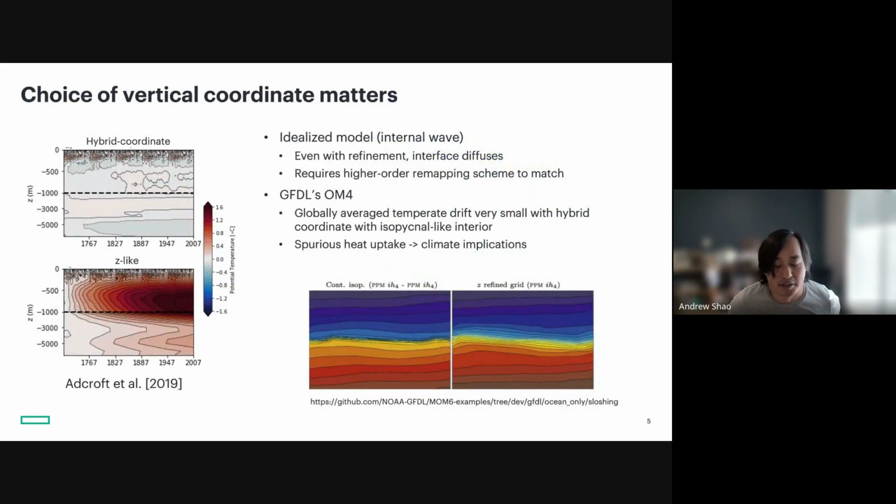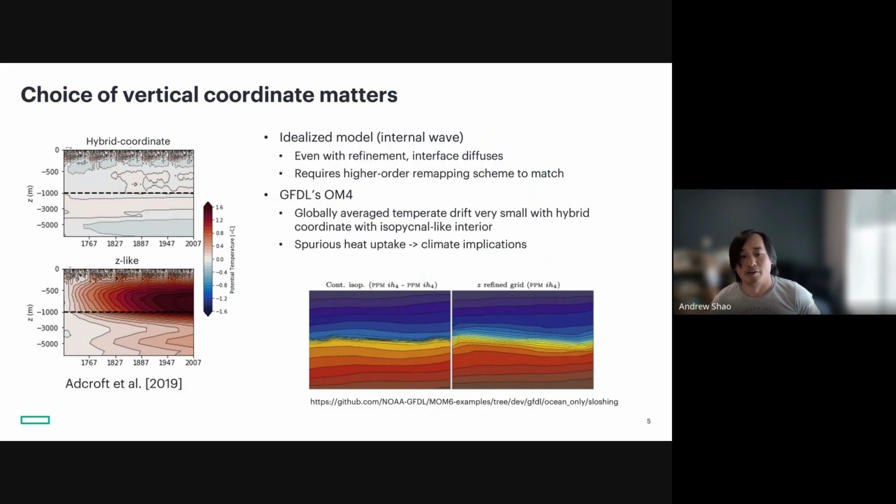So just to show that this matters, this is the OM4, GFDL's OM4 paper, where they used the same exact model configuration, but compared essentially their hybrid coordinate model, which is Z-like near the surface but isopycnic in the interior, and compared what the horizontally averaged vertical profile of temperature looked like as the model evolved. On the left-hand side, you see that with the hybrid coordinate the drift is very small. The potential temperature does not change that much over time, but the Z coordinate model definitely,